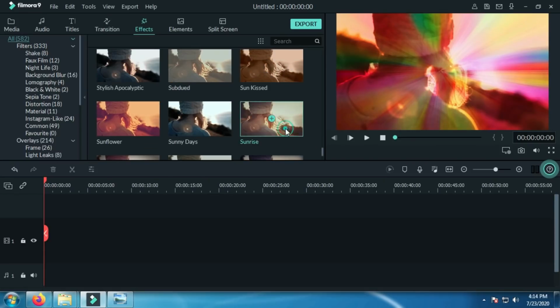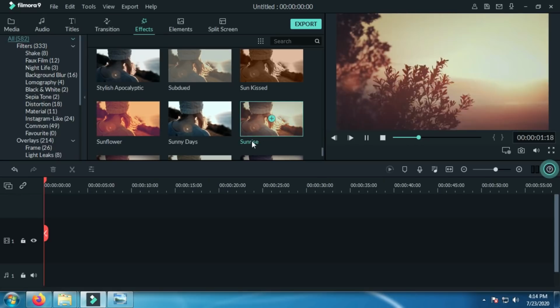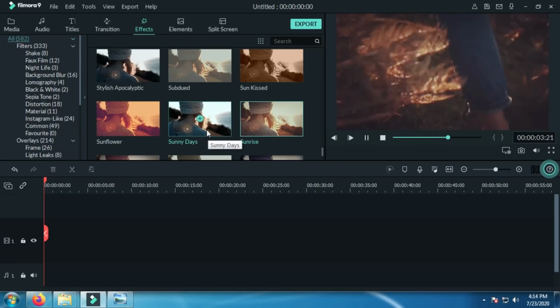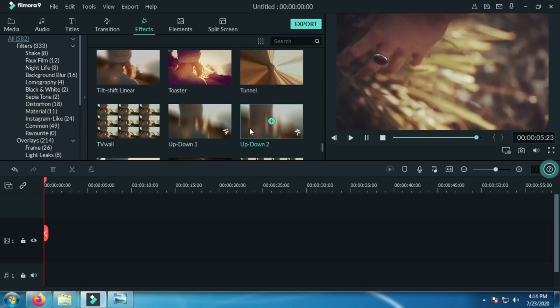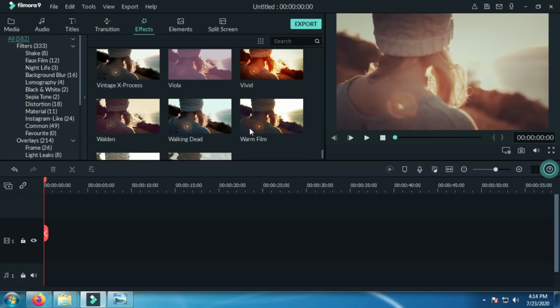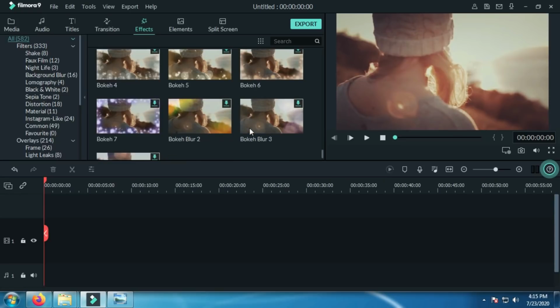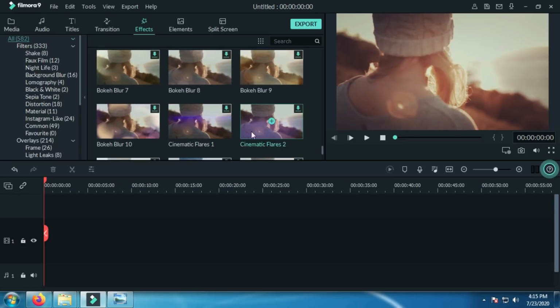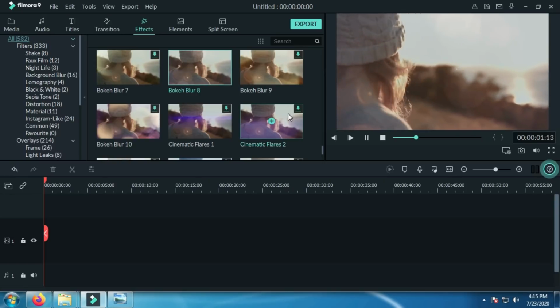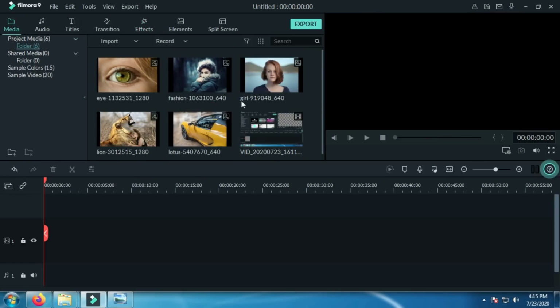You can add the text over the effect also. This one is sunrise effect, sunny days. Bokeh blur.